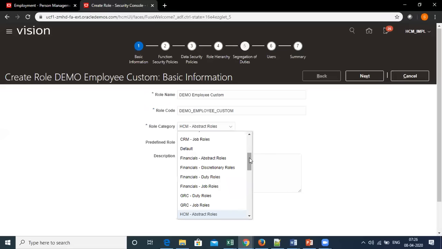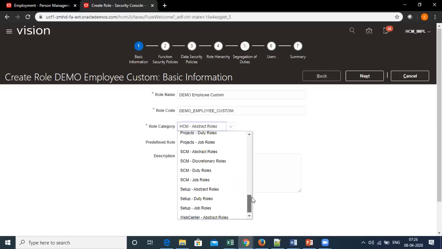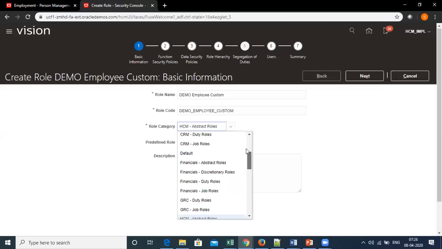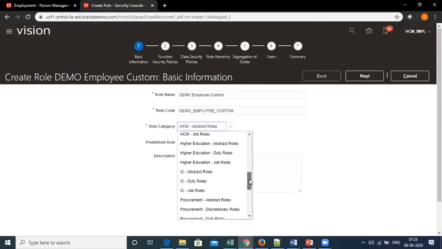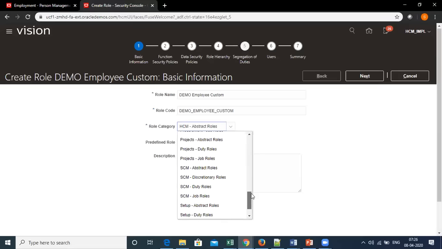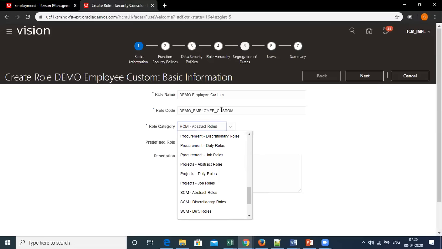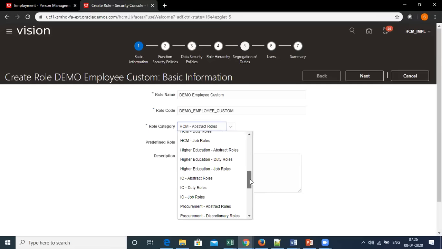Here you can see there are various role categories available. On the primary level, these are just an identification of roles. It means that I can say employee custom, it means that employee is primarily in the HCM abstract role.